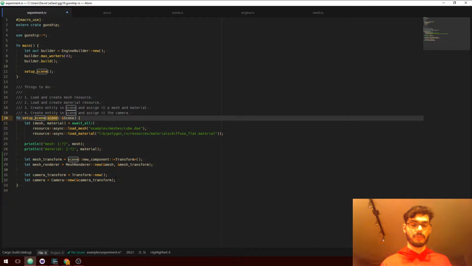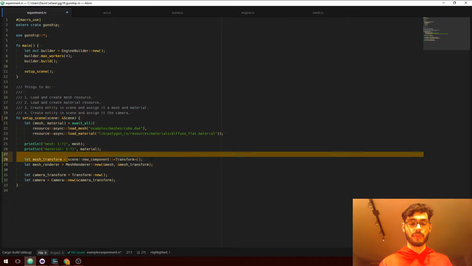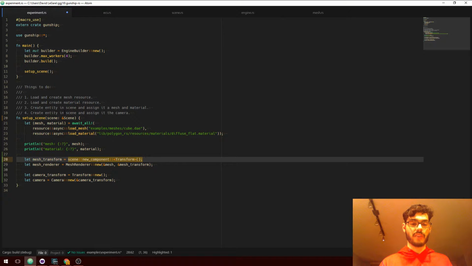But that in turn had a bunch of problems, such as borrowing from the scene once borrowed everything. It was a very coarse-grained borrow. So if I create a component, I now have a borrow out on the scene, but if I wanted to access input, I could no longer do it because the scene also owned it. Even though those are completely disjoint, and it should be safe to mutate or access input in any way, I could no longer do it because the scene has access to it.